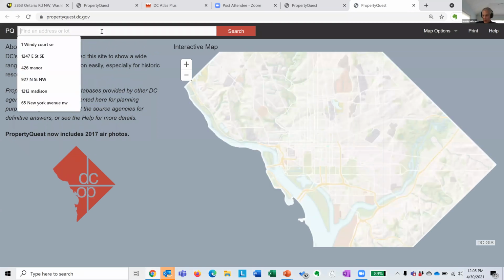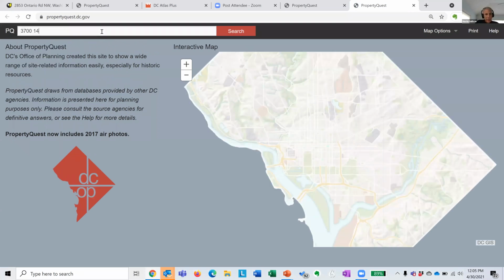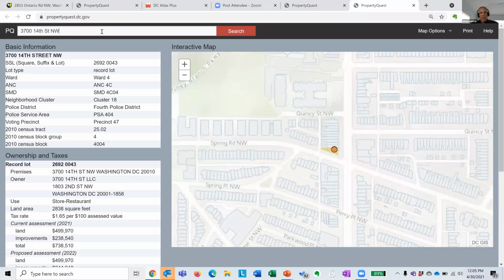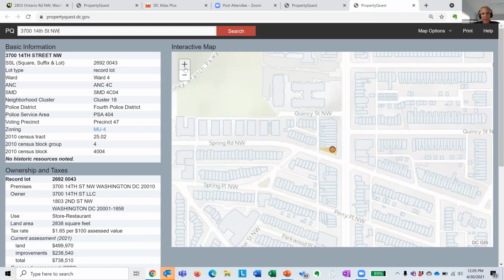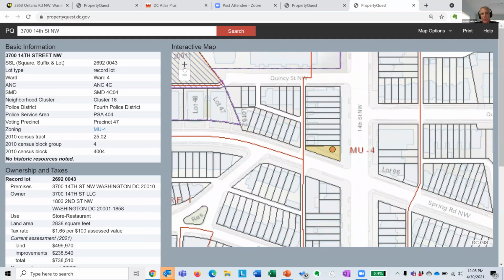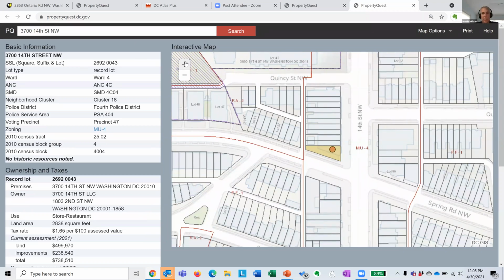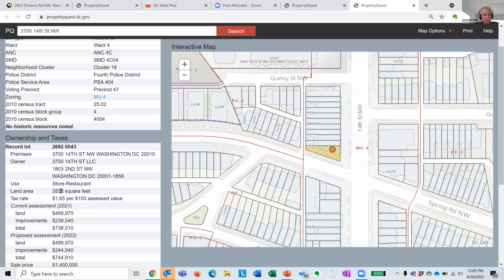And I want to type in the address that you saw on that page. And I want to point out some of the things that I use. First of all, I use this just to get a general view of where the property is. This website works really well in contrast to the zoning website, the zoning map website. Land area is something I'm always looking for. And the zone, of course. Now you can click through on this zone,